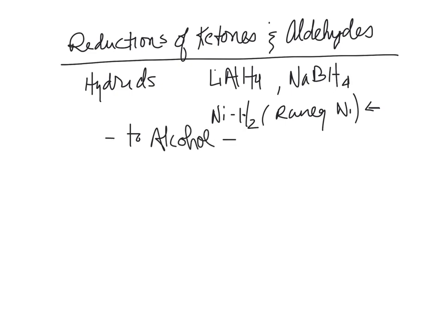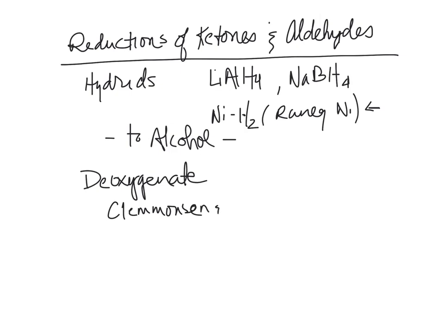So another way to take that carbonyl carbon down to a reduced state will be to deoxygenate. With these methods, we have the ability to remove the oxygen entirely. These are two methods, the Clemmensen and the Wolff-Kishner. So the Clemmensen reduction